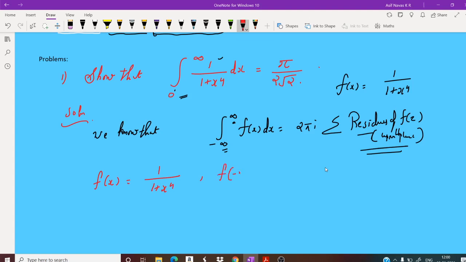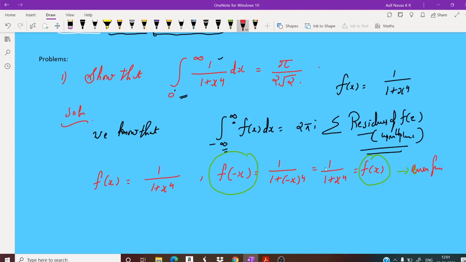We know that f of minus x is 1 by 1 plus minus x all raised to 4, which is equal to 1 by 1 plus x raised to 4, which is equal to f of x. So what we got? We got f of minus x is equal to f of x. Therefore, this is an